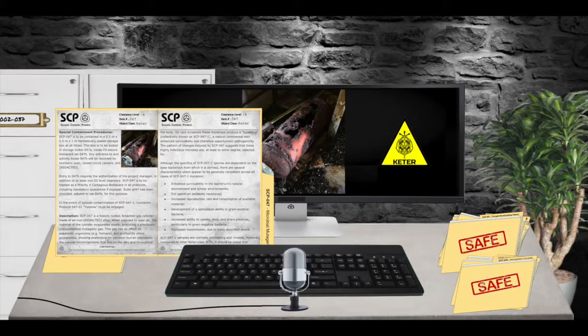This gas has no effect on eukaryotic organisms, e.g. humans, but profoundly alters prokaryotes, showing preference for common human microbiota, the natural microorganisms that live on the skin and throughout the body. On rare occasion, mutation produces a superbug, collectively known as SCP-047-1, a natural commensal with enhanced survivability and therefore opportunistic